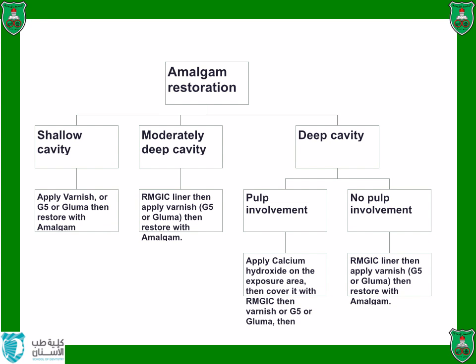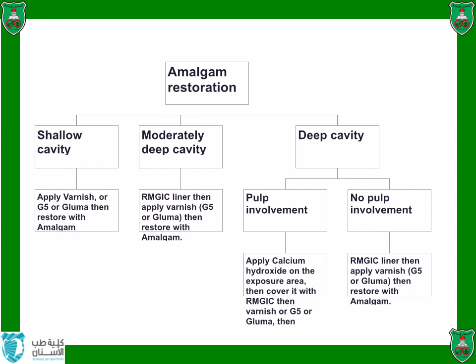If the amalgam cavity preparation is moderately deep, then you need to use resin modified glass ionomer liner. Then you will apply the varnish or G5 or Gluma above the resin modified glass ionomer and restore the cavity with amalgam. Now, if we have a deep cavity preparation,